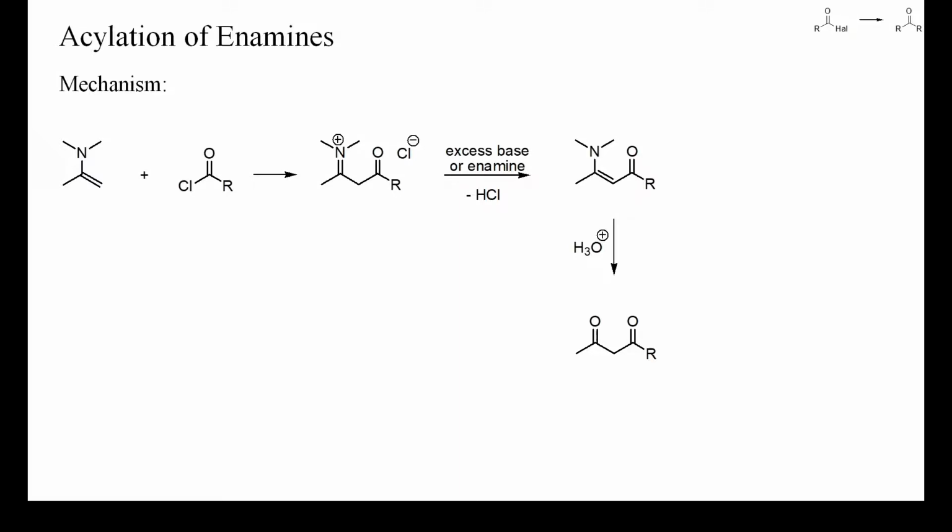Therefore, either two equivalents of enamine are used, or an auxiliary base, such as triethylamine, is required to attain complete conversion of the acyl halide. Enaminones are vinylogous amides and much more stable toward hydrolysis than the starting enamine. Thus, to obtain the 1,3-diketone, sometimes quite vigorous conditions are required for their hydrolysis, such as refluxing hydrochloric acid.